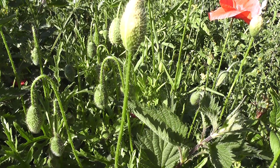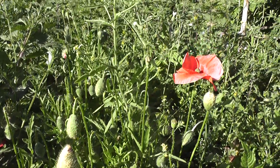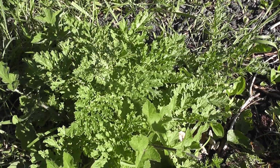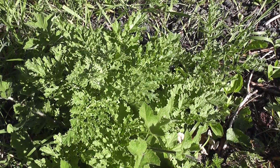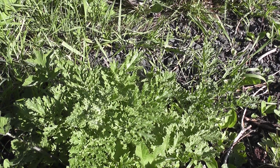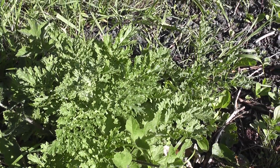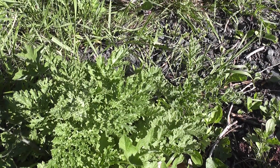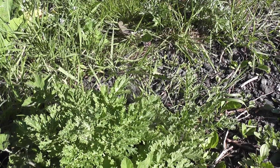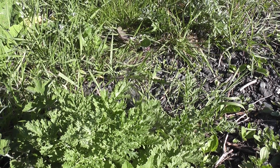I have poppies here ready to appear, all drooping before they straighten up and open up. And there's one there just about finished. And here is that weed dreaded by horse owners, ragwort, very poisonous to horses. It produces a tall yellow flower, like a yellow daisy flower, and of course should be pulled up, spreads everywhere on waste ground. In fact, I think there's a law saying that if it's growing on your land you should get rid of it, but whenever I'm driving round I see it on central reservations everywhere, or council owned land,